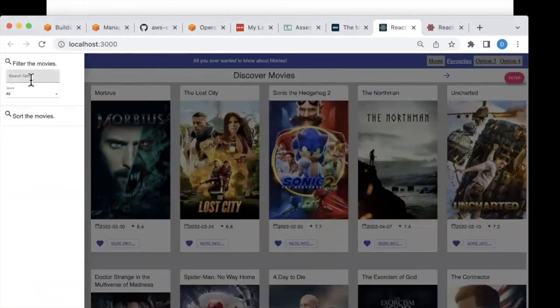And at the moment, I'm filtering this on the basis of title and genre. But you should add maybe one, maybe more than one, maybe 2 more properties in here that are linked to movie